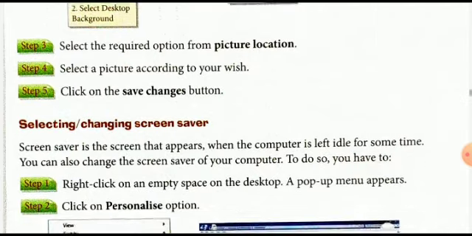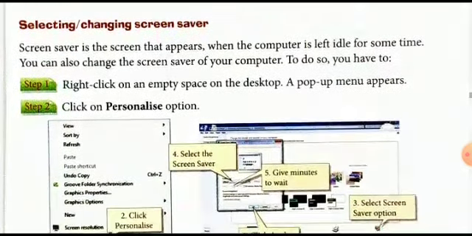But if you want to change or apply the screensaver, what is the screensaver? Screensaver is a screen that appears when the computer is left idle for some time. Or you can say screensaver is a screen or animated text or animation that appears when your system is inactive or not in use for a certain period of time.